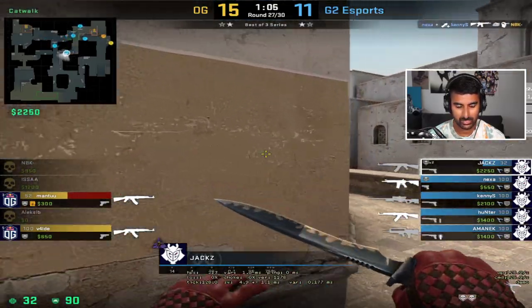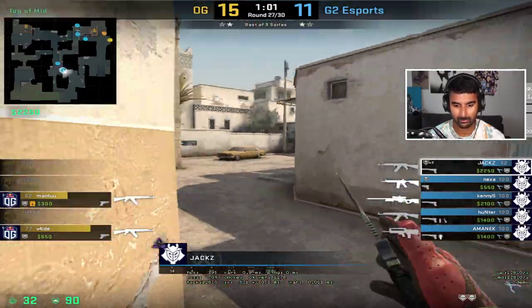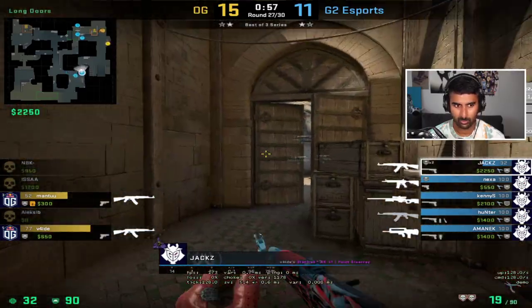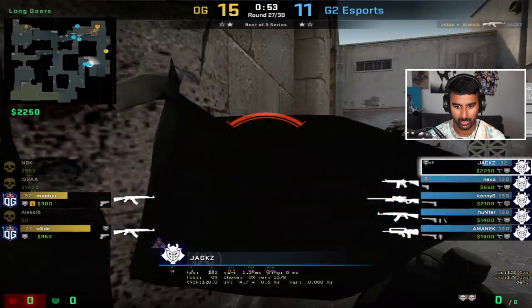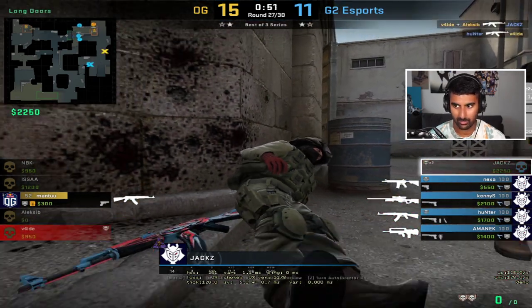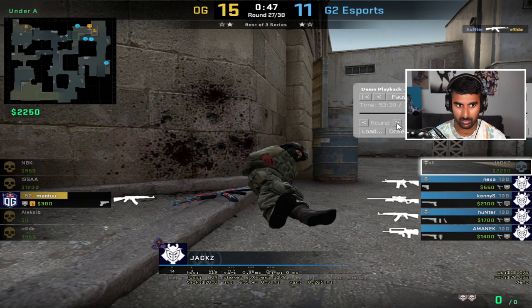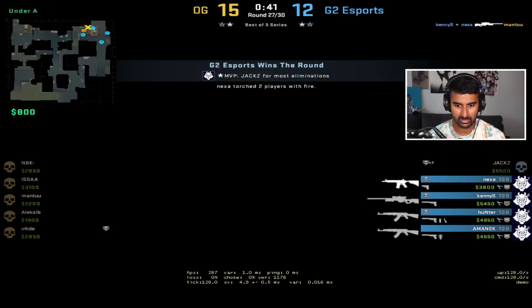And JaCkz looks like he's actually going to make the reposition to go over to long immediately. He doesn't think twice. When he has been spotted, he will quite simply go in and look for a new way to approach, and that could be just good calling. That could be good protocols on the side of G2. But this, and examples like that,